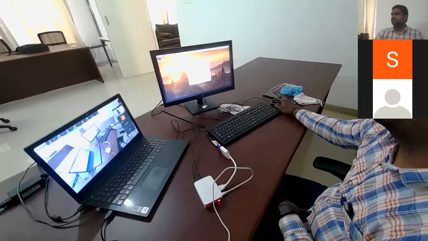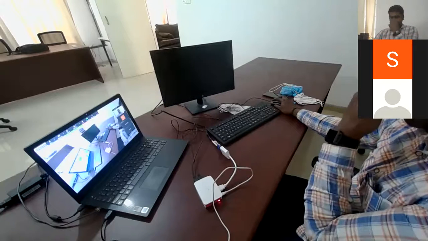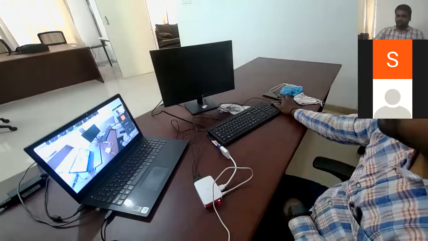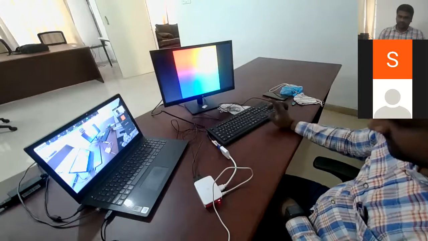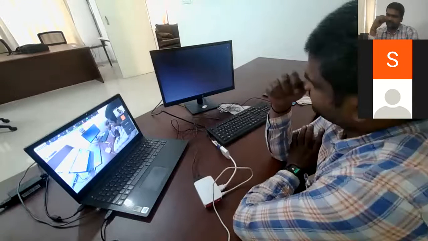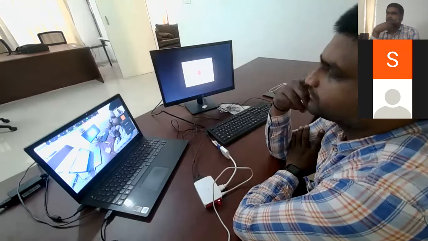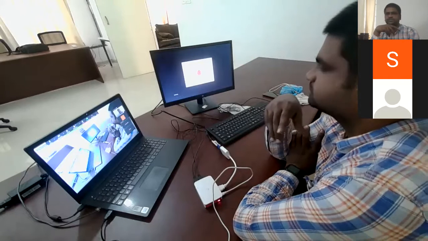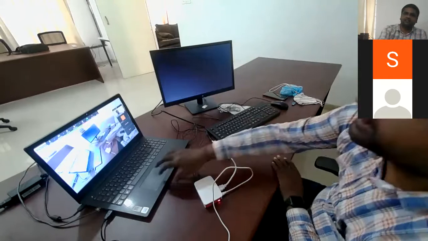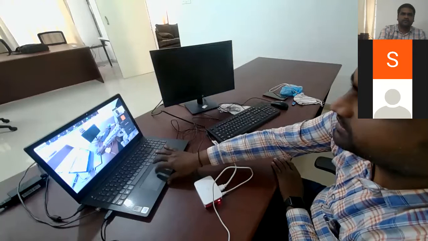Okay, we are enabling this, and SSH also enabling. So we can access this Raspberry Pi remotely, but from my laptop I will show how we can access. Then only you can see the screen clearly. Okay. So we'll stop this.